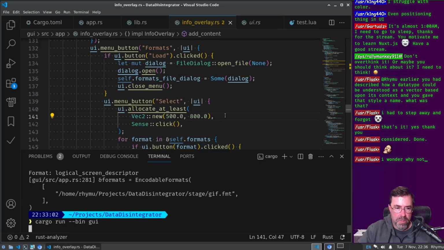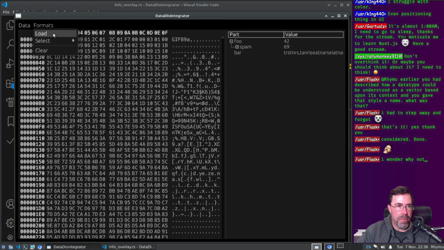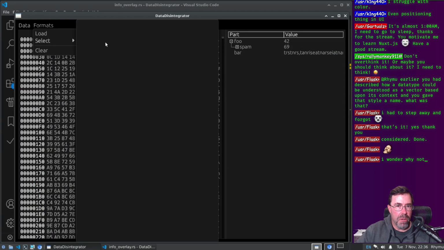Let's see what that gets me. That might not do anything, but it's worth a shot. Formats. Okay. I think it allocated it,